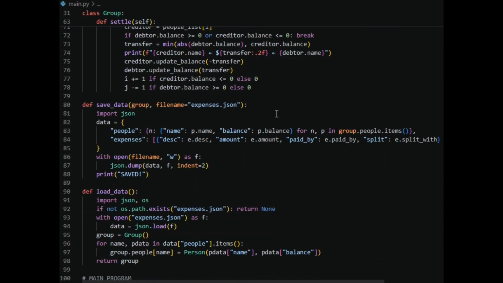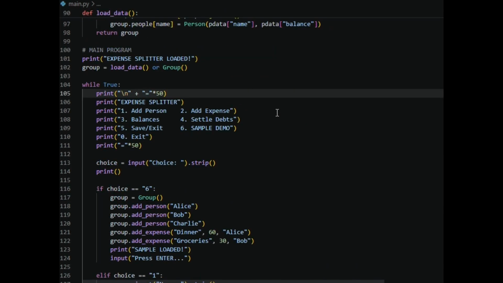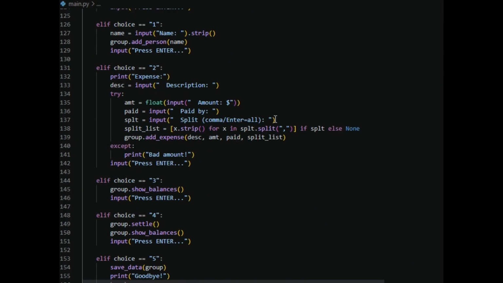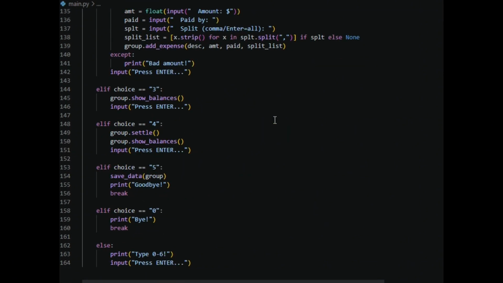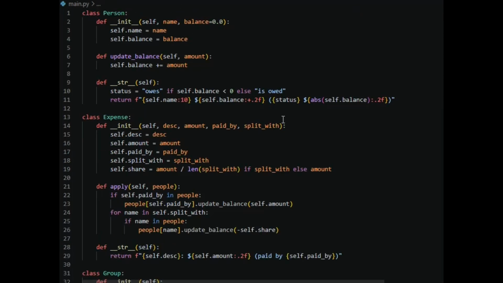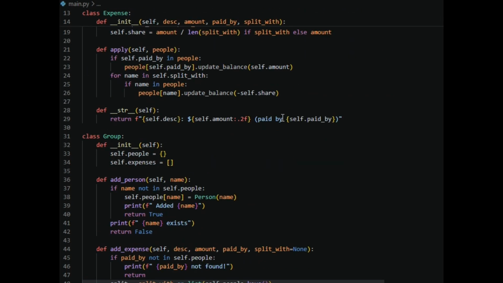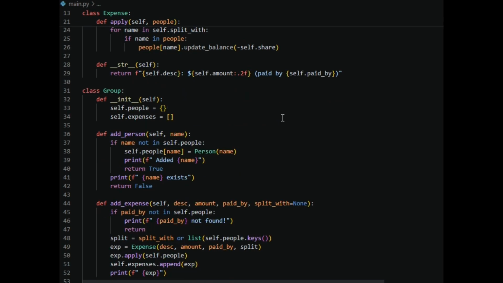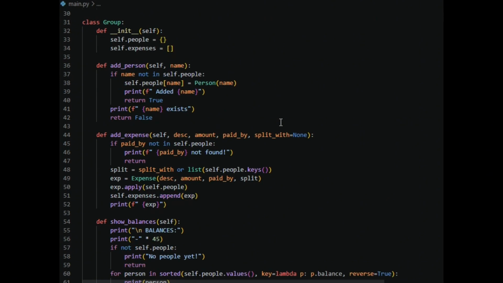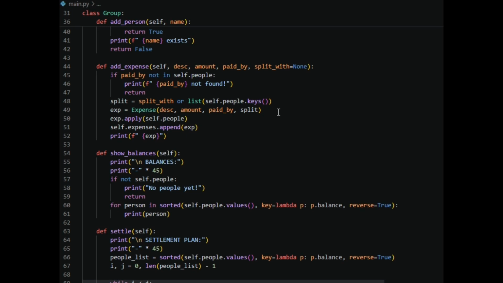If I were given more time to continue improving this application, I would add a graphical user interface to make the program more user-friendly and visually appealing. I would also improve validation features, add expense categories, include transaction history, and integrate a database system for better scalability and long-term storage. Overall, this project became a valuable learning experience because it allowed me to apply both programming concepts and problem-solving skills in building a practical real-world application.